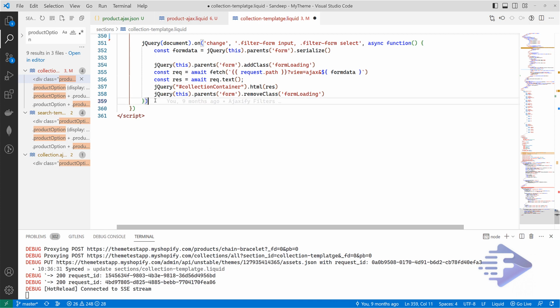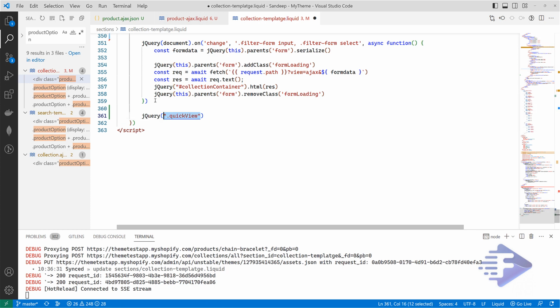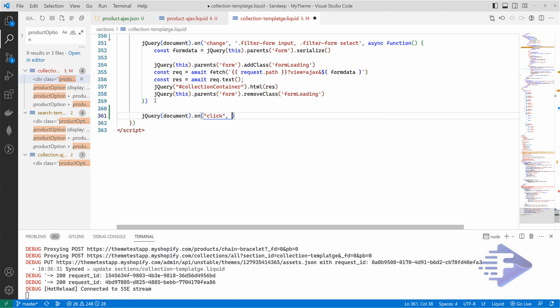Okay, so over here let's write jQuery, document dot on click, on quick view, function.